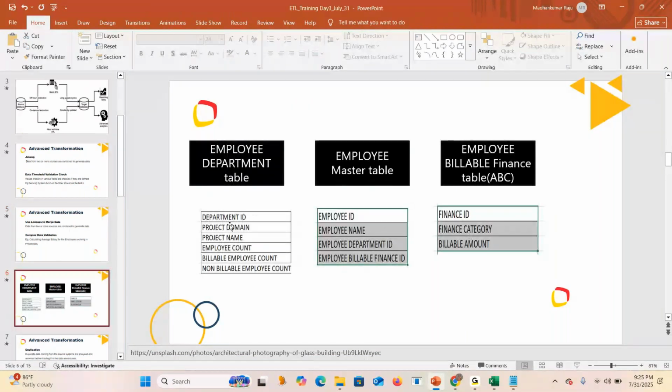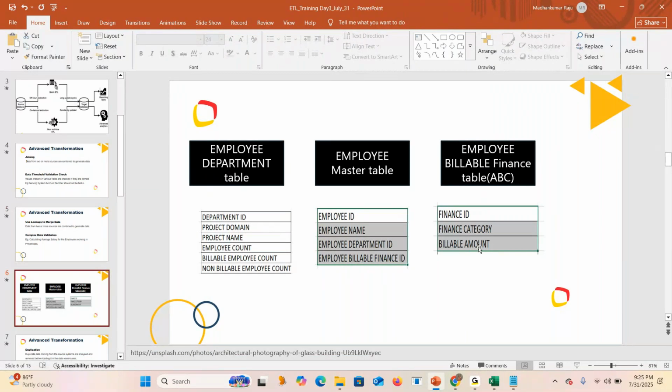So if we see, the department ID, project domain, project name, everything will be in the employee department table. And we have employee ID, employee name, employee department IDs, and the billable finance ID in the employee master table. And employee billable details like salary or billable amount.